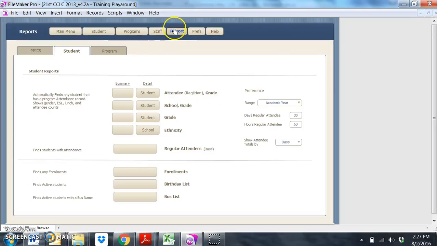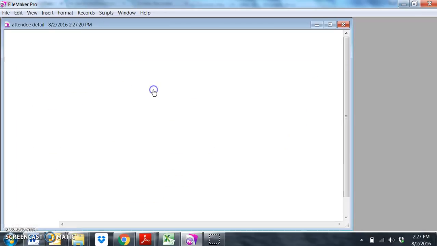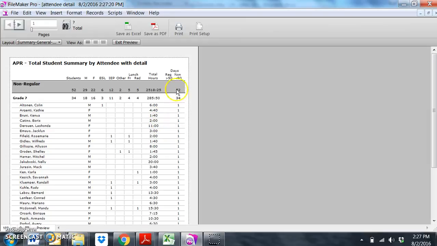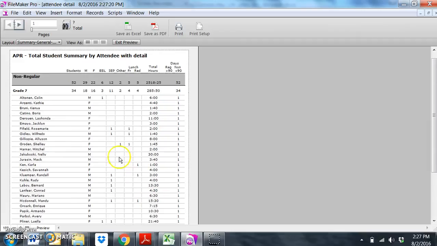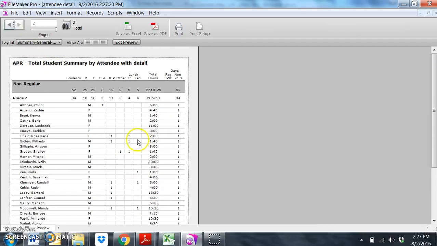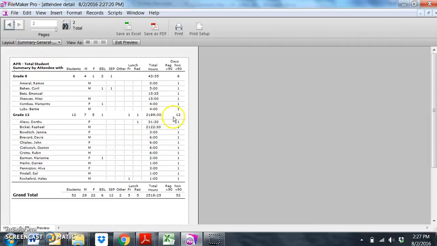Again, we're going into Reports, Student, Detail, Academic Year, 90 days. We'll look at that right-hand column for greater than 90 days. By grade, it would show up here. I don't have any in this one, but that's where it would show up. Again, I don't have any, but it would show up by grade, and you could add them up. Now, after you have your 90 days,